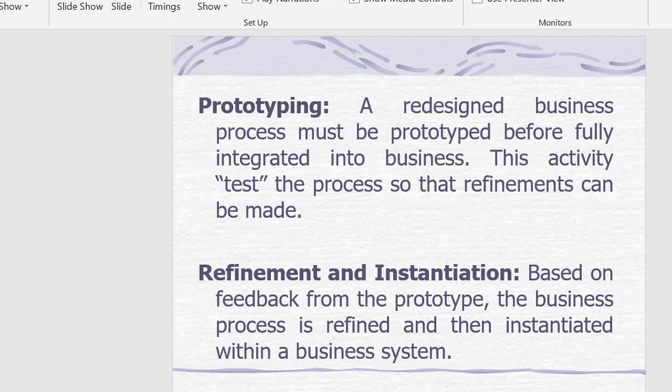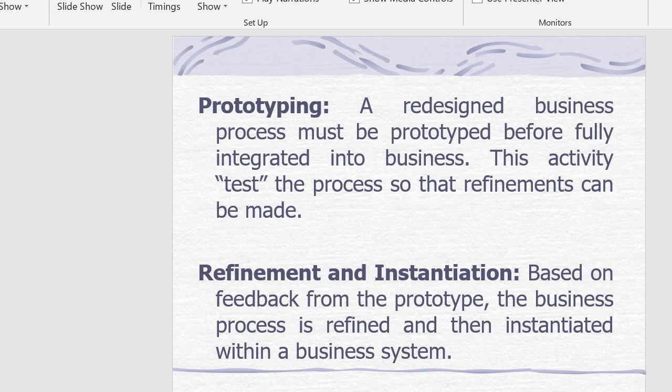Then in the next step, we go for the prototyping. Here we develop a prototype model. A redesigned business process must be prototyped before being fully integrated into the business. This activity is basically used to test the process so that refinements can be made easily. Next, we have the refinement and the instantiation.